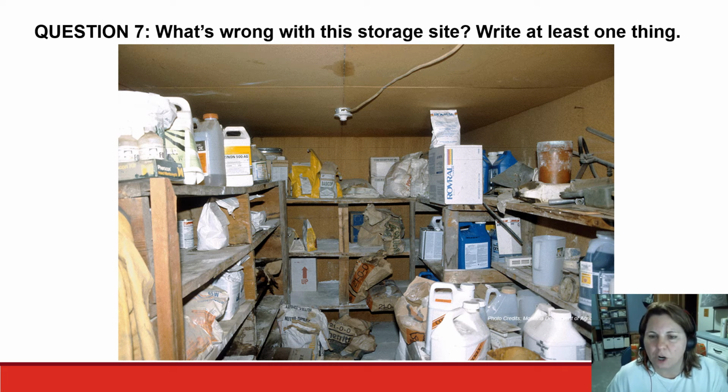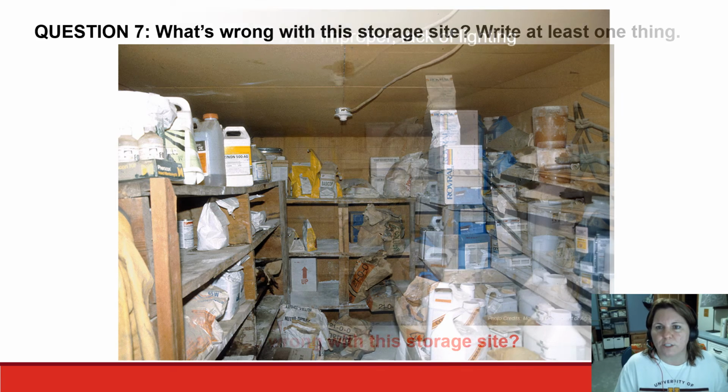All right, so now I'm going to go through a series of slides where we talk about some things that I found wrong. This was an actual site. This is when I worked in the state of Montana. So this was an actual pesticide storage site that was found during an enforcement activity. And we're going to talk about some of the things that we had to have a conversation with this particular owner about. All right, so the first thing,